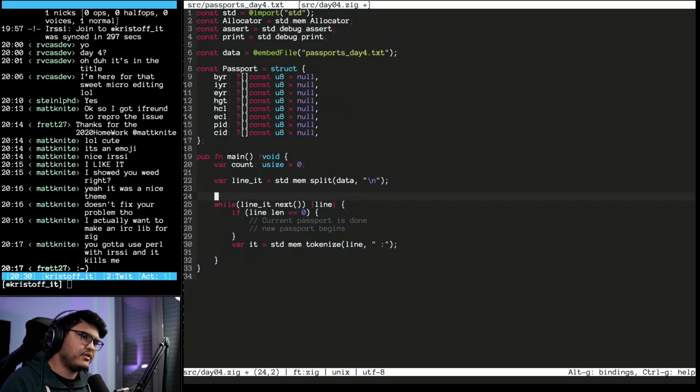Here I do var p is a passport where everything is default fields. An empty passport, everything is null. So we iterate, and I do